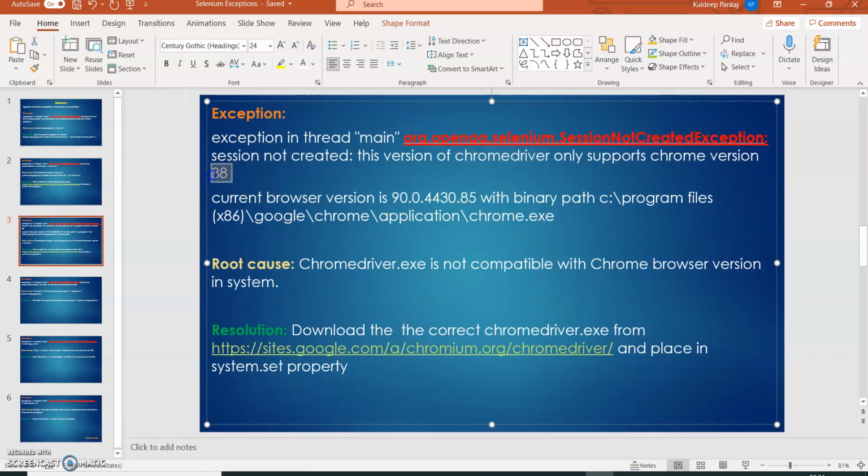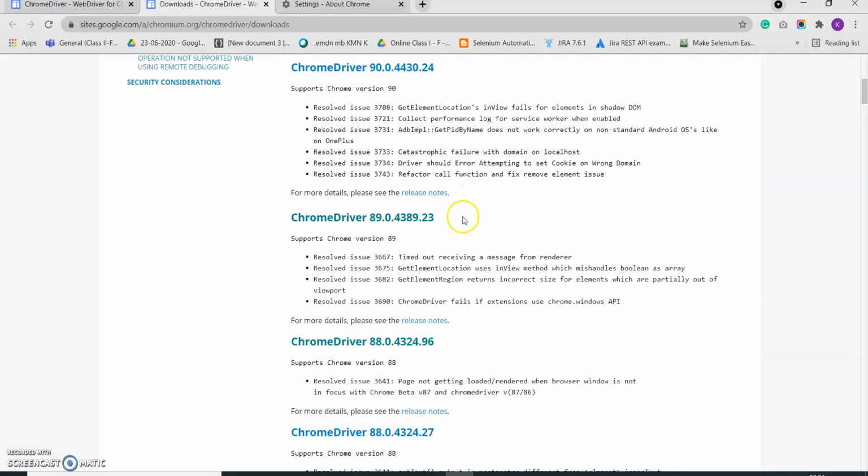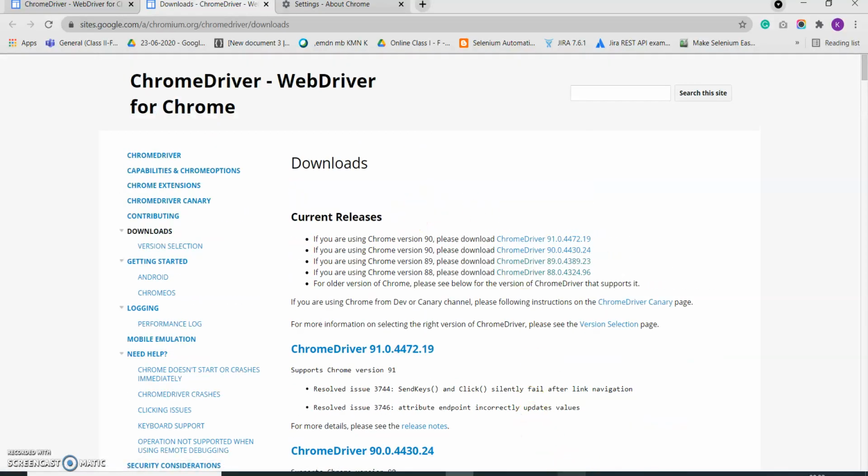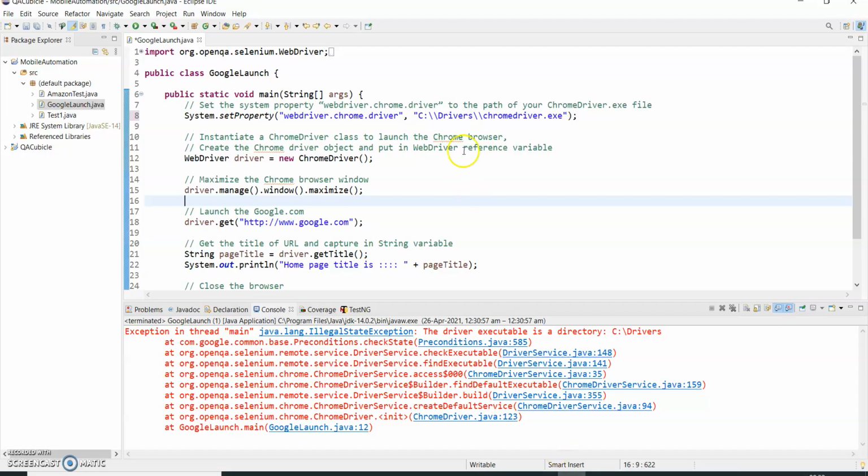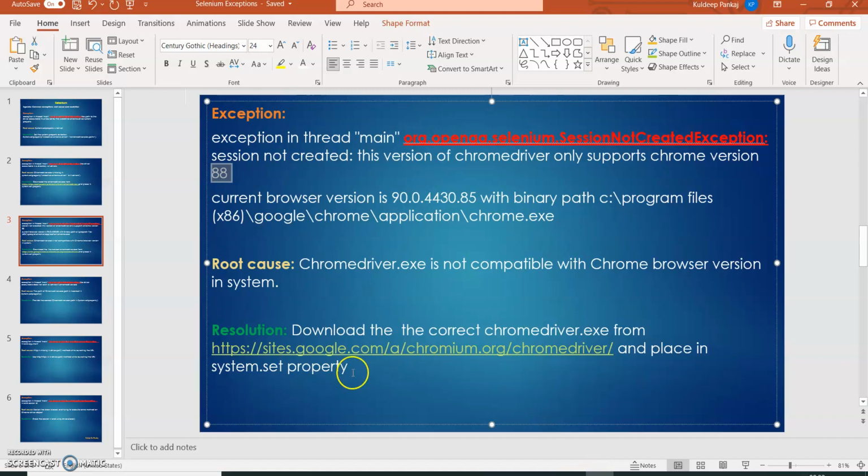So if you are using the wrong chromedriver.exe version, then your session will not be created. So how to fix this? You can download the matching chromedriver.exe from this site and place it inside your chromedriver.exe path.